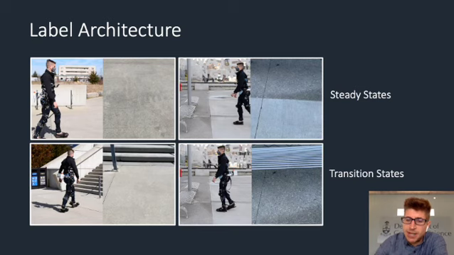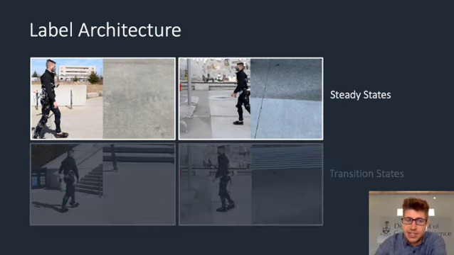So here are some examples of both steady and transition states. The images in the top row show me walking with a robotic exoskeleton while wearing our computer vision system. And these are examples of steady states such that the visual field of view shows only continuous level ground terrain. And these visual fields of view are essentially what the exoskeleton sees.